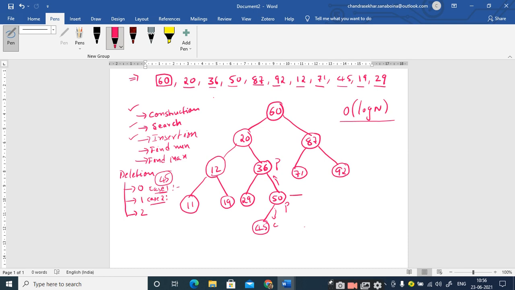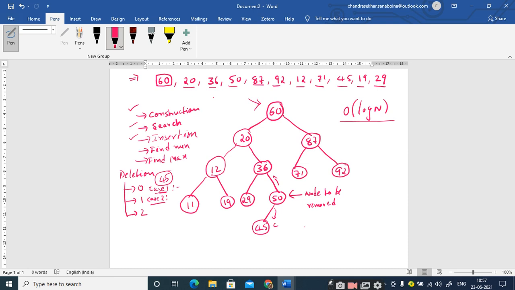So this is the node I want to remove. If I want to remove 50, I should link my child, that means 45 should be linked with the parent, which is 36. So how are we going to do this? You should start from the root node only, and you should have two pointers.